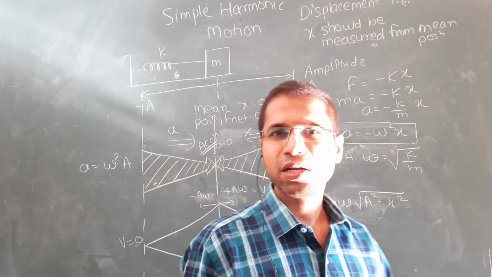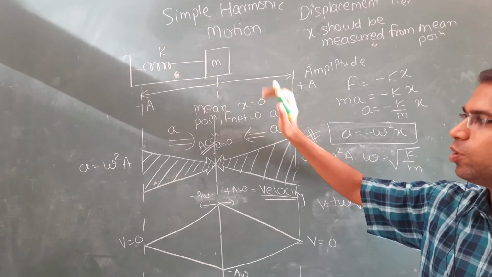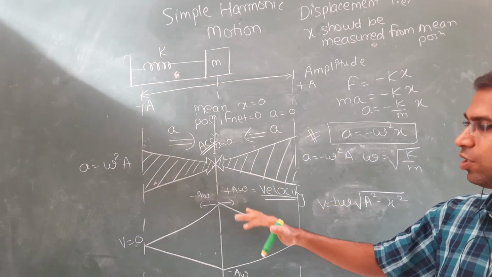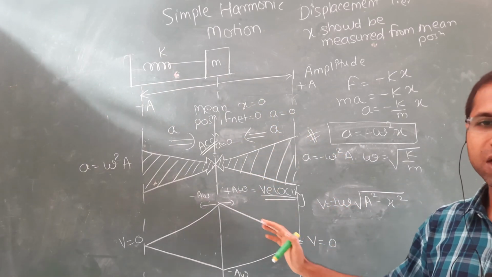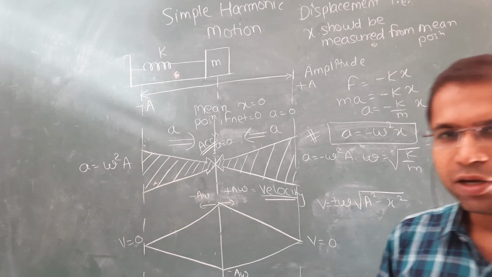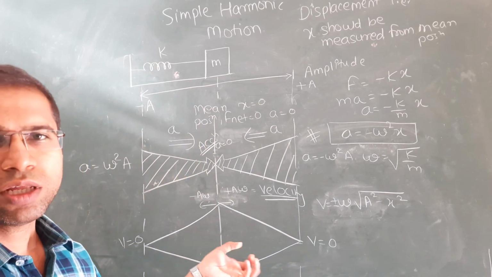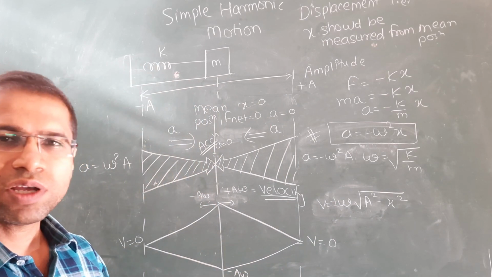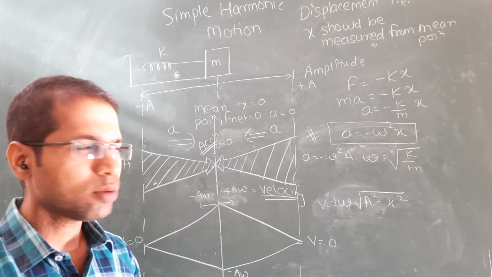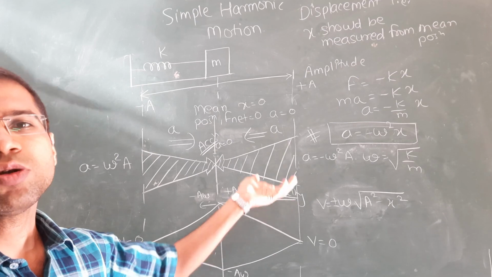Just a short part we discussed here, a few things: how the mean position is there, what is acceleration, what is velocity, what are the different velocities and all. I tried to give more clarity on this simple concept. Although we did not discuss much, I tried to clarify the concept as nicely as possible. So just a short clip I expressed about the introduction of simple harmonic motion.